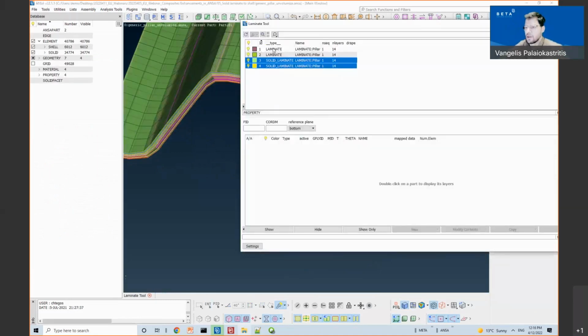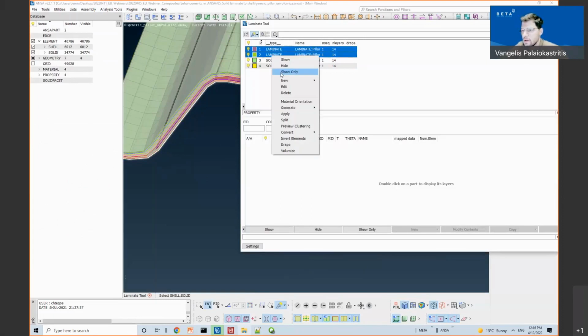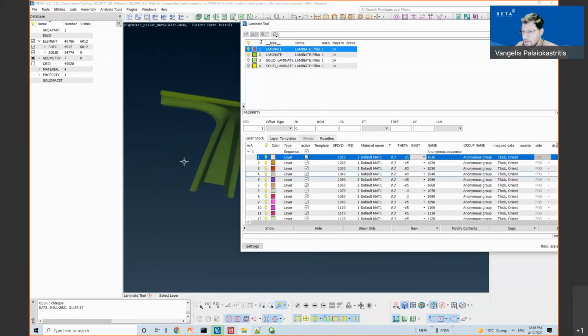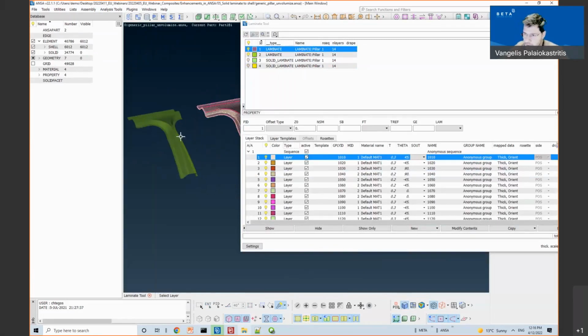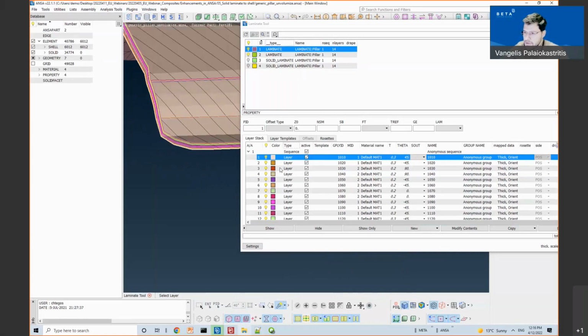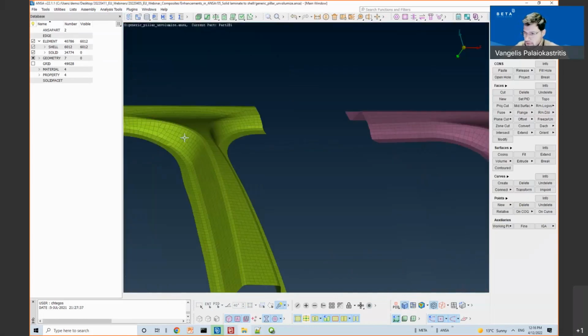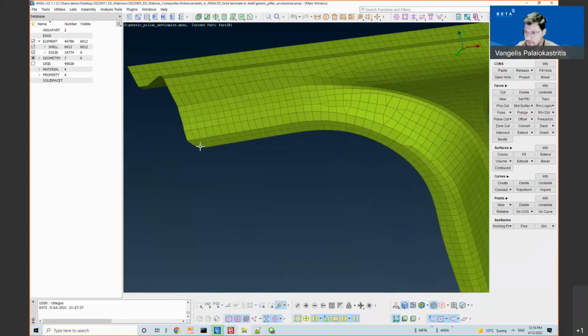And by pressing OK, I am having cell laminate properties with the layer definitions accordingly. So this is the opposite of laminate convert, we could say.